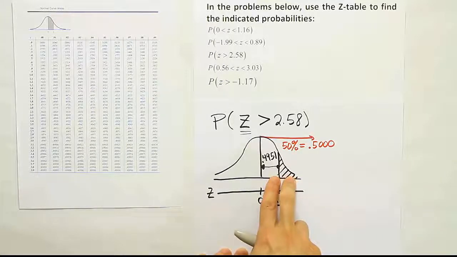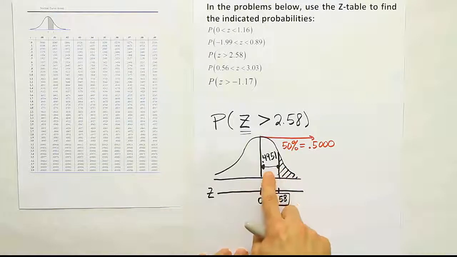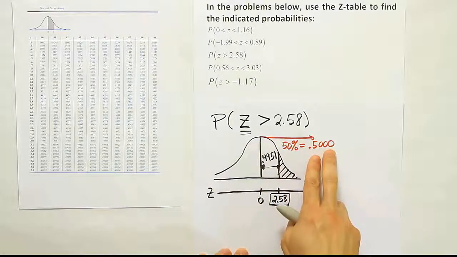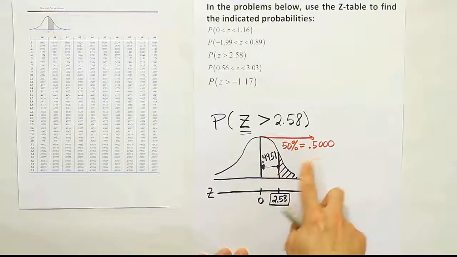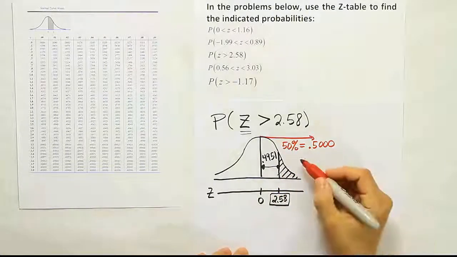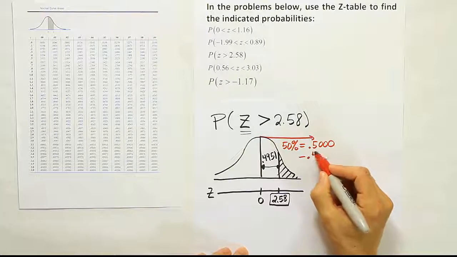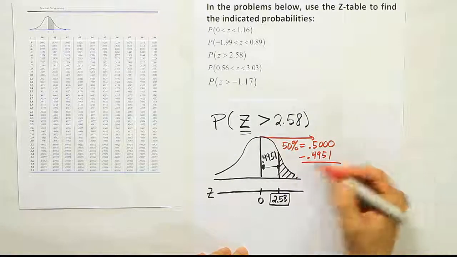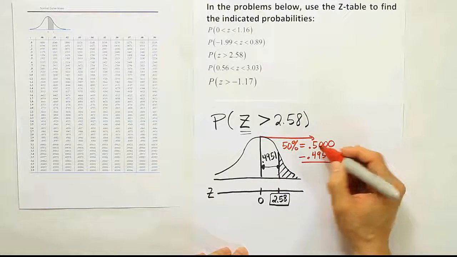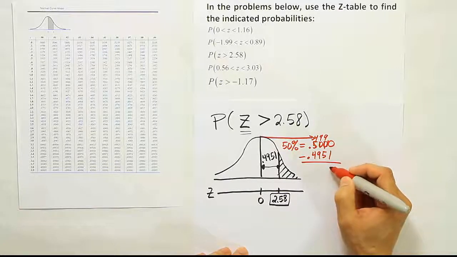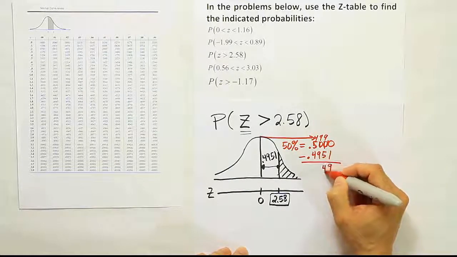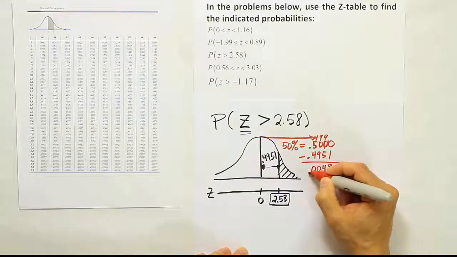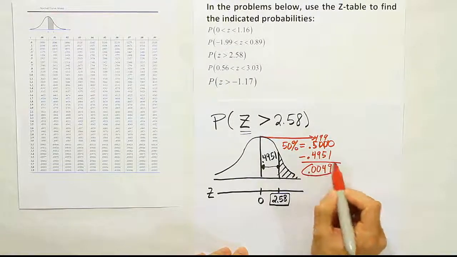So logic is pretty simple. We're basically going to say, hey, look, if we take this amount and this amount add together to get 50, if I were to subtract this number from 50, I should be left over with what this amount is. So we have to do subtraction, essentially. So we're going to subtract off the value we got from the table, and then from there, we'll have the result for this tail, the shaded part. Okay, so a little old school borrowing here. So 10 take away 1 is 9, 9 take away 5 is 4, and then 0, 0. So the area for this little tail is